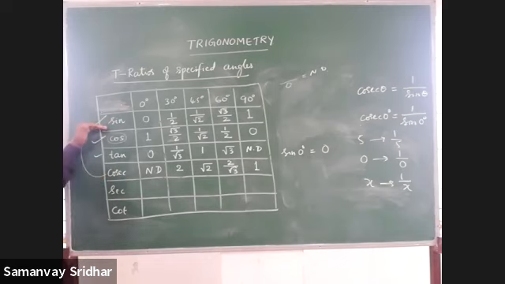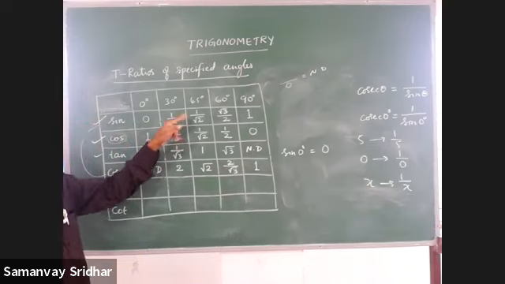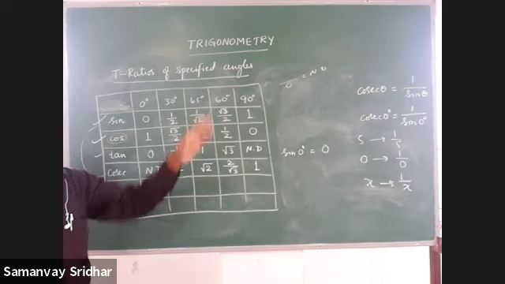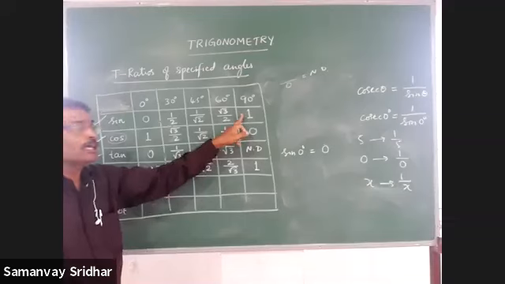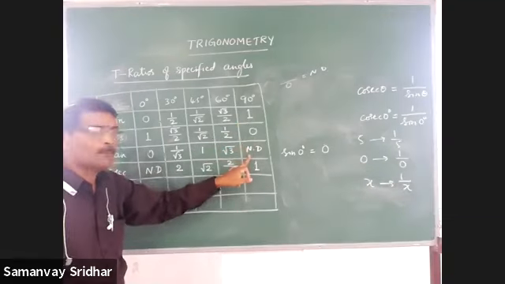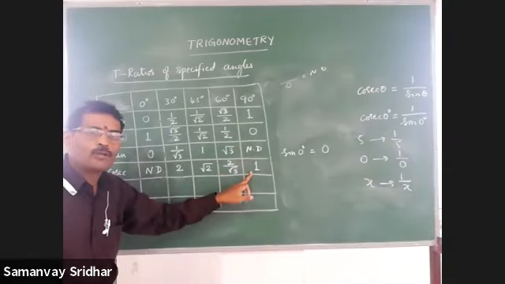So I got sin by using 0, 1, 2, 3, 4 technique. I divided all by 4 and I took the square root. From that I got sin 0 degree, sin 30 degree, 45 degree, 60 degree, 90. It is not the value of 90 degree. It is the value of sin 90 degree. It is the value of cos 90. It is the value of tan 90. It is the value of cosec 90.